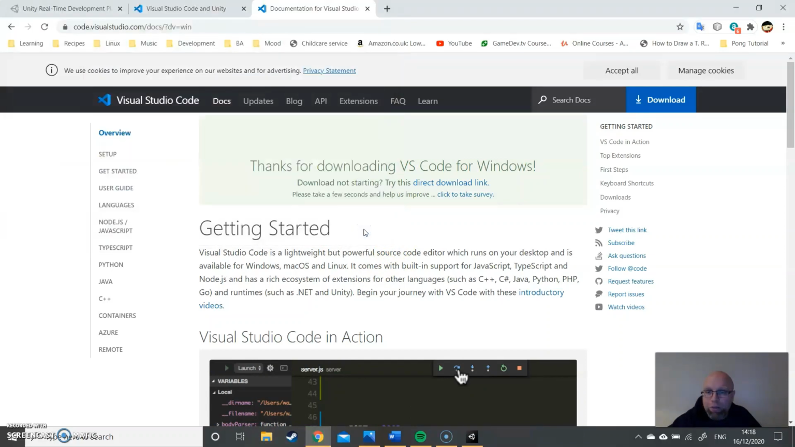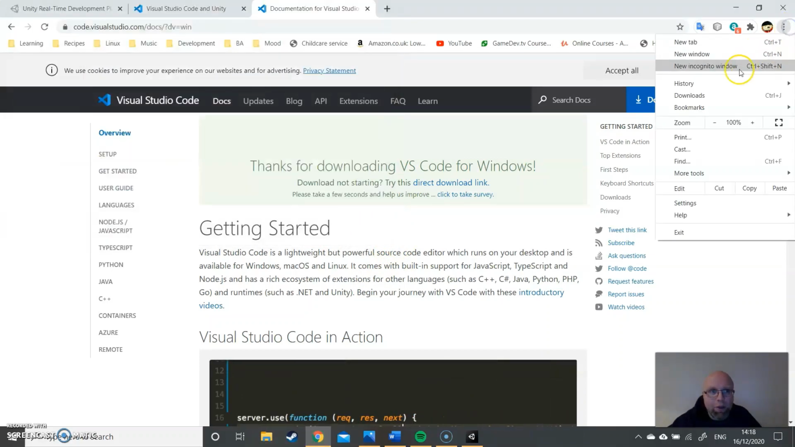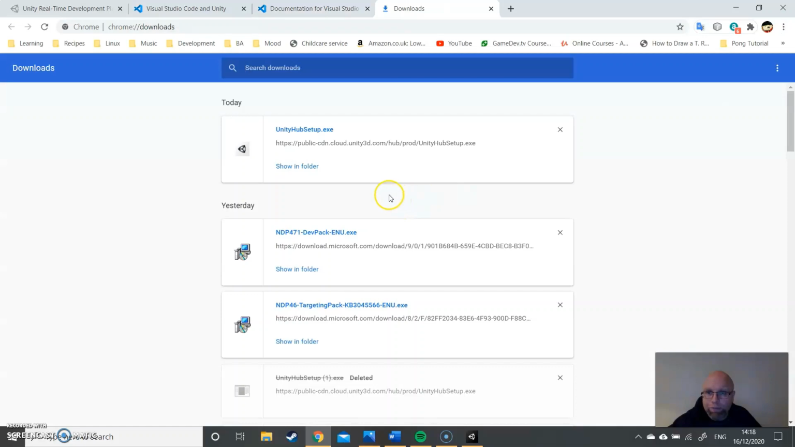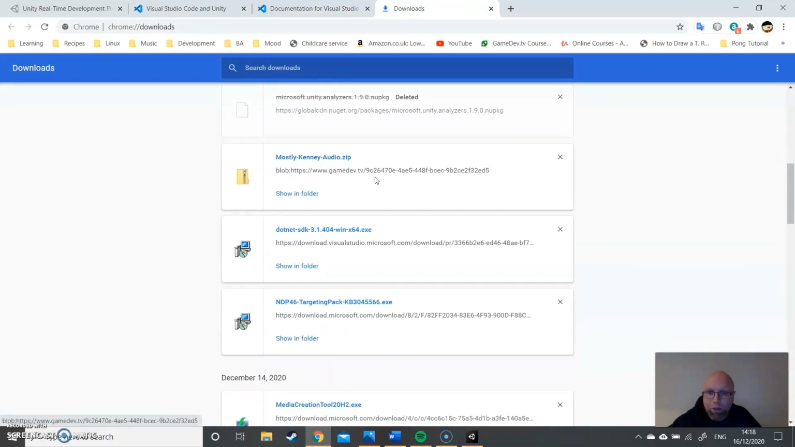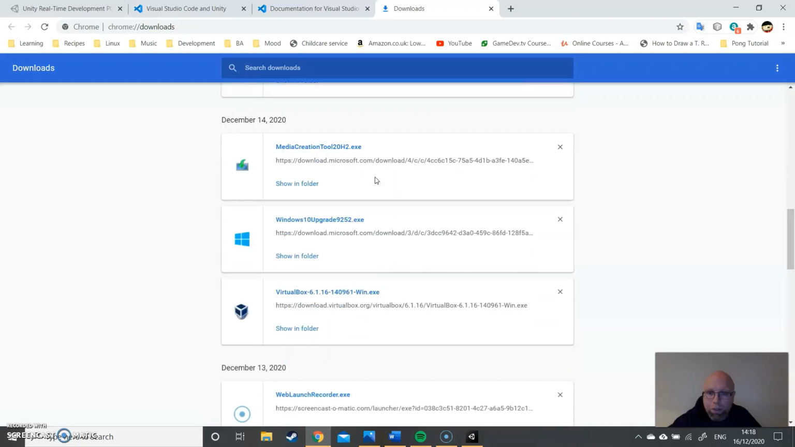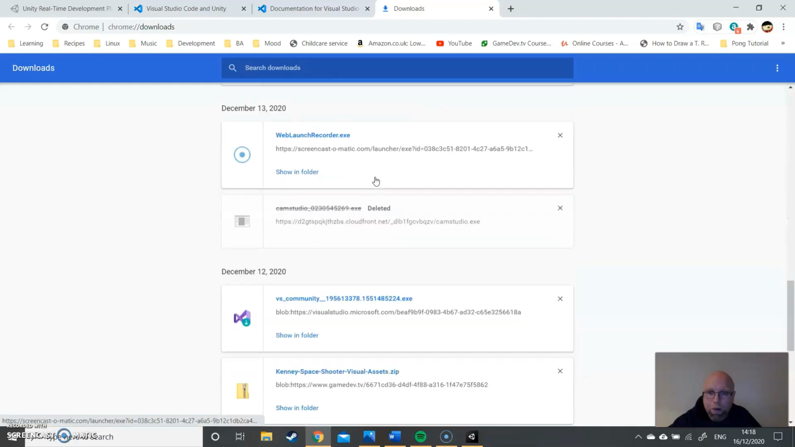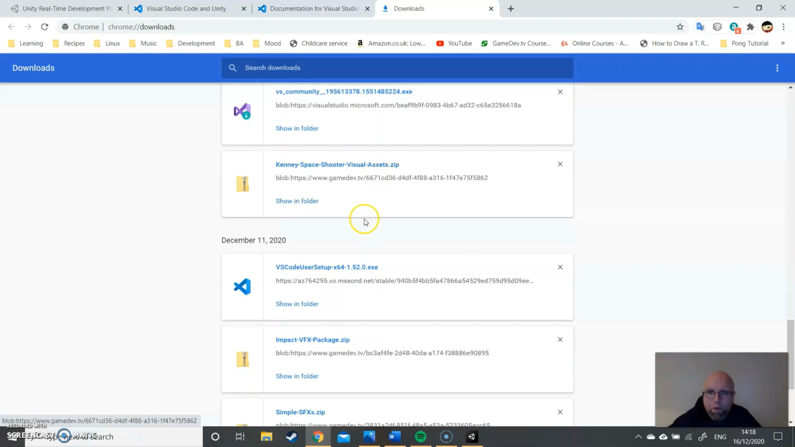I've already got it, so I'm just going to cancel that, and I'm going to go into my downloads folder and find that. I think it's quite an old one. There we go, Visual Studio Code User Setup. Right, if we click on that,